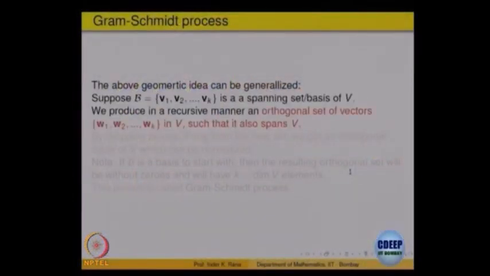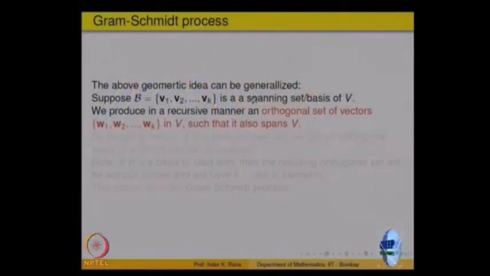So here is what we do. What we start with is, given a vector space, start with a basis of it, because eventually when you want to convert something into orthonormal, that is going to be linearly independent anyway, and we know how to construct a basis of a vector space. If not a basis, at least it should be a spanning set, meaning every vector is a linear combination of these vectors. At least that much you should start with. What we want is a process by which I can construct W1, W2, Wk, which is orthonormal and spans the same space as this one.